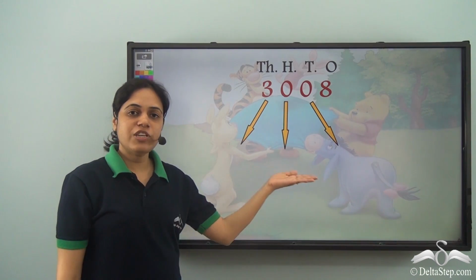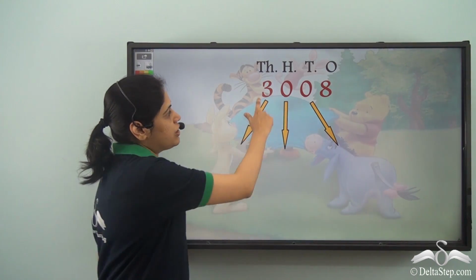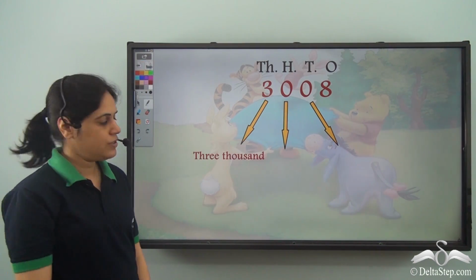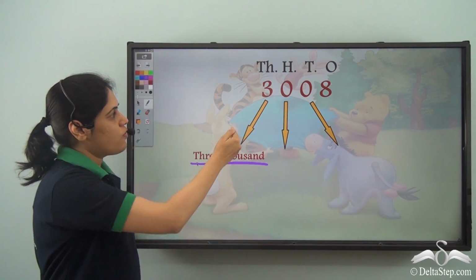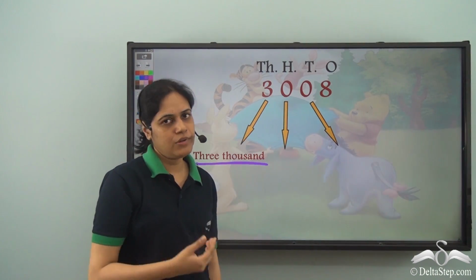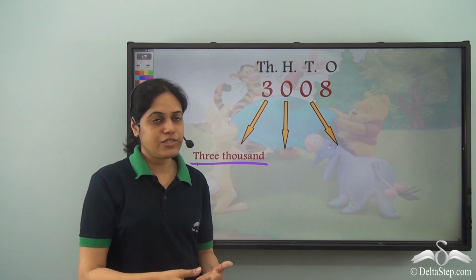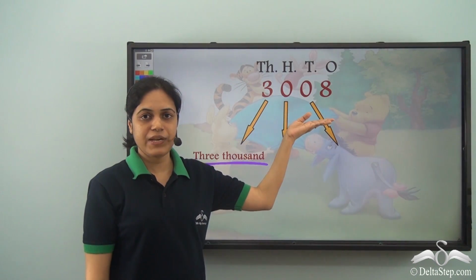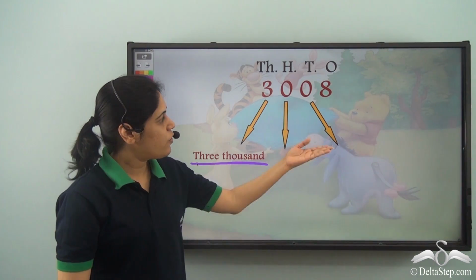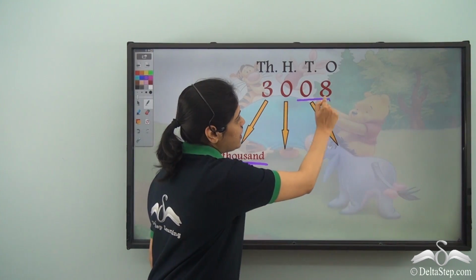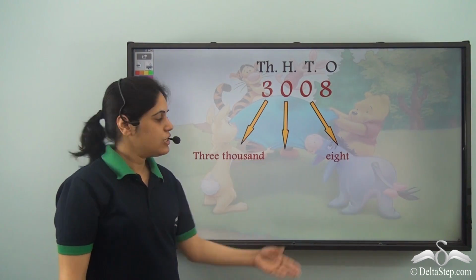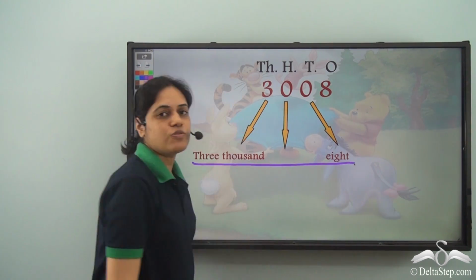Now what about the number name of this number? We have a 3 in the thousands place. So the first part will be 3000. What do we have in the hundreds digit? 0. So should we write 000? No, we never write 0 hundreds. So if we have 0 in some place, we don't write it. So the second part will not have anything. What about the third part? 08 means only 8. So this will be 3008. So the number name will be three thousand eight.